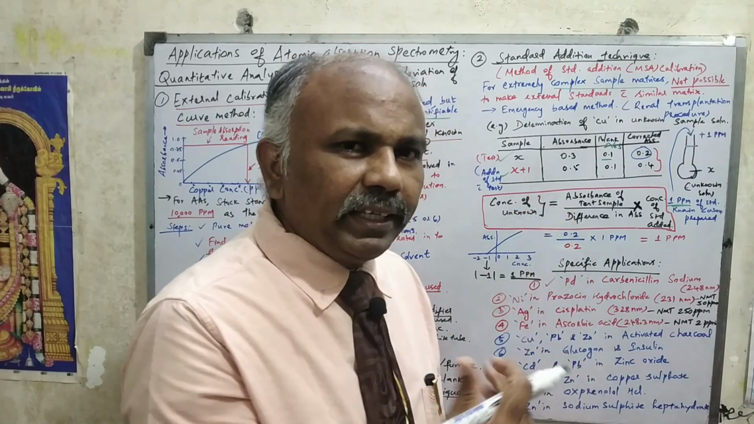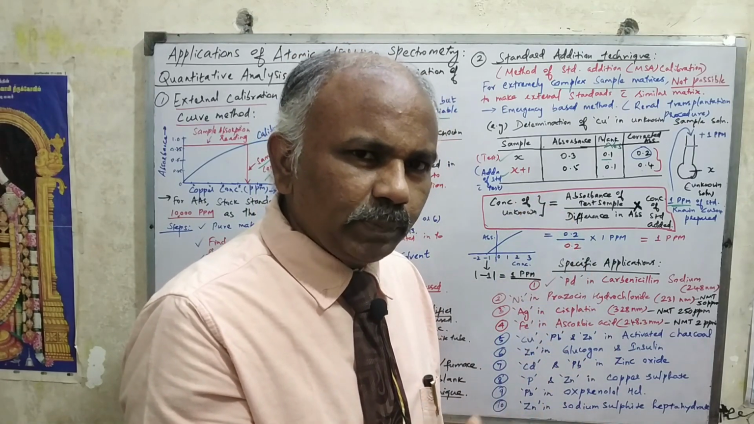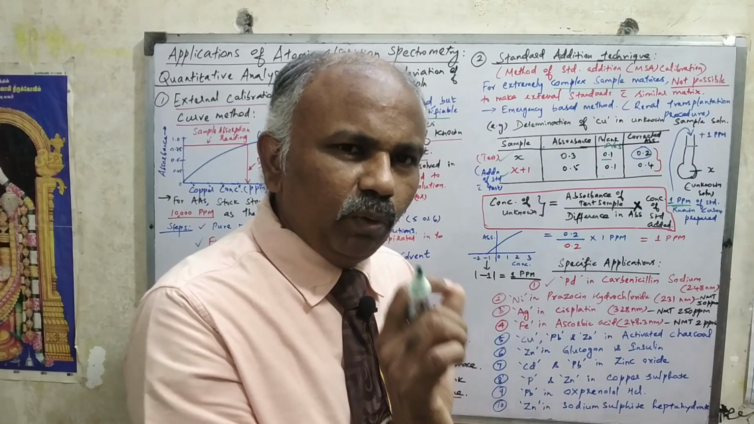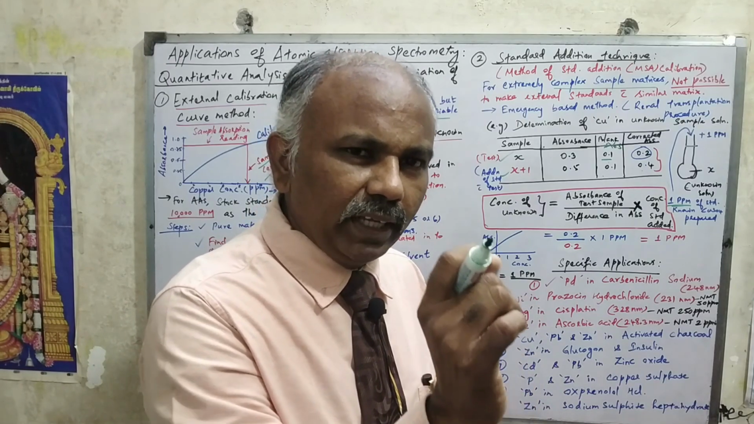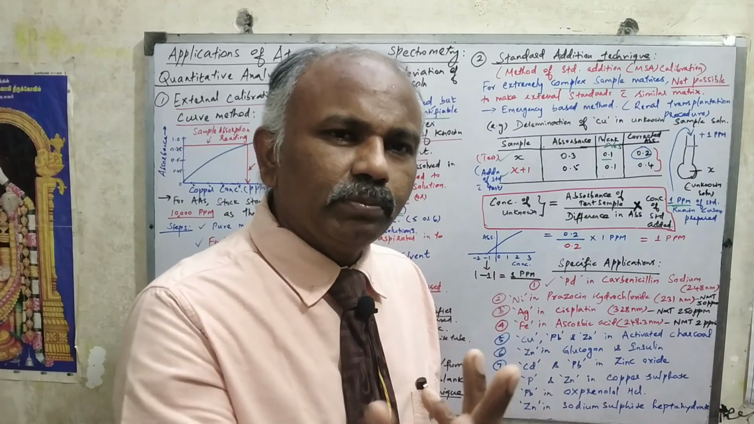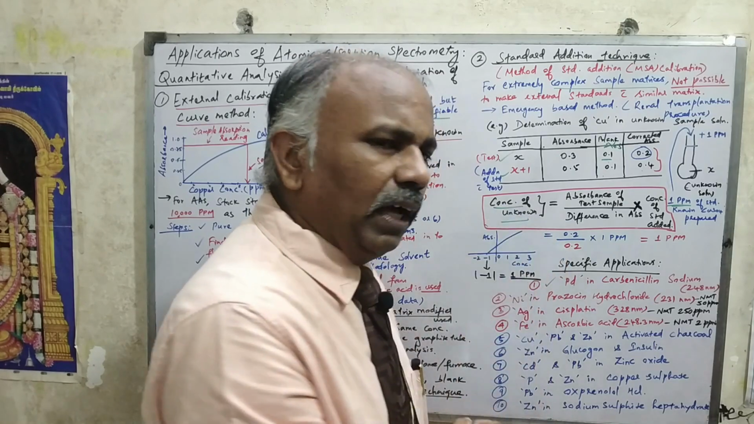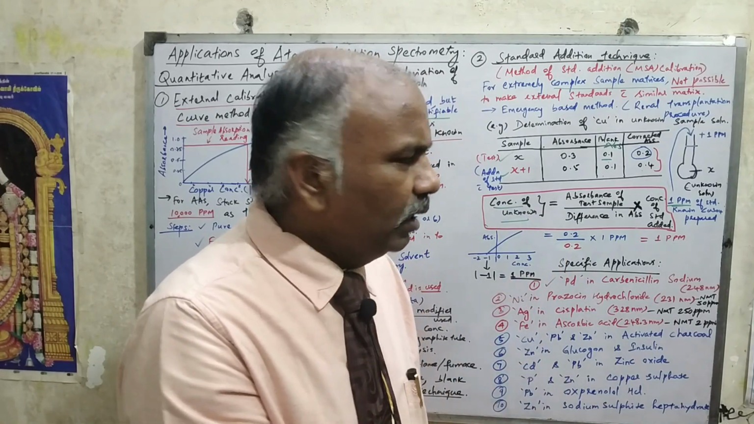So that is called spiking. We simply call it spiking: taking the sample and spiking it with the standard, a known, minute quantity of the standard, and checking the absorbance variation. Now if you want to find out the concentration of the unknown solution, we use a formula, that is